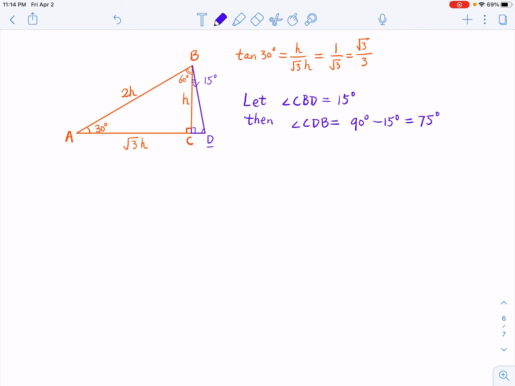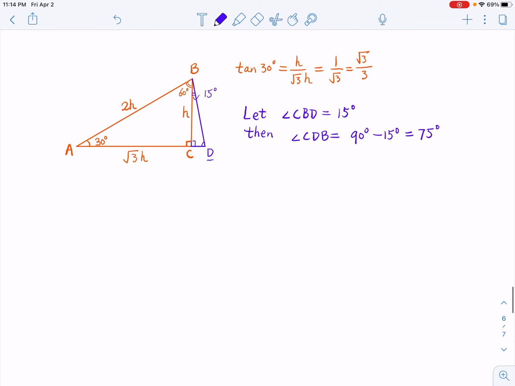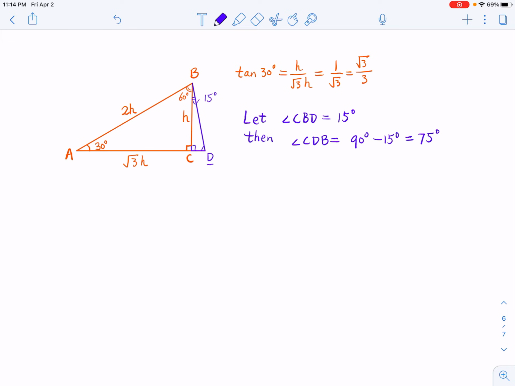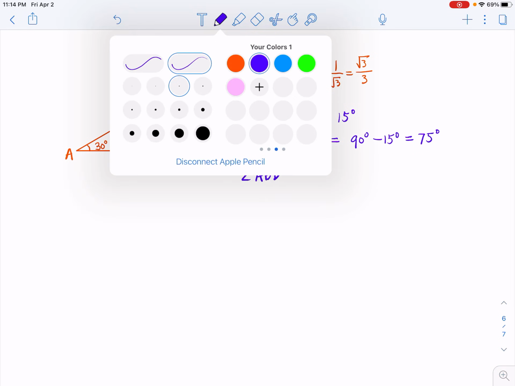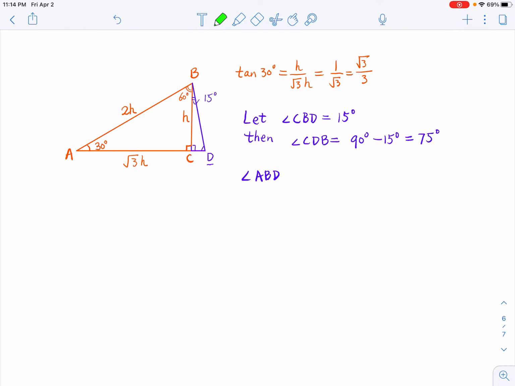Can you identify another angle that is also 75 degrees in this diagram? Pause the video and think about what other angle is also 75 degrees. All right, yes. Let's look at angle ABD. I claim that this is also 75, and you may ask why. So let's try to mark it. This is 60 degrees, but then the other one, this green angle here,